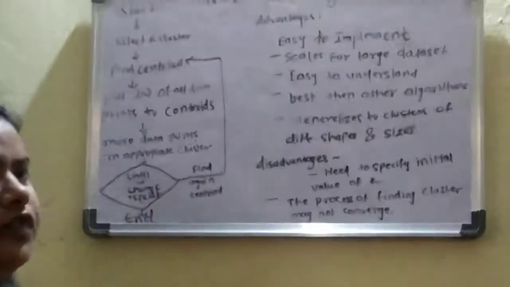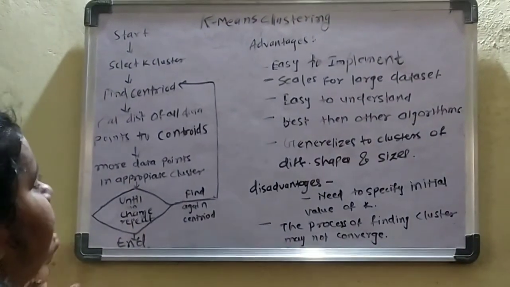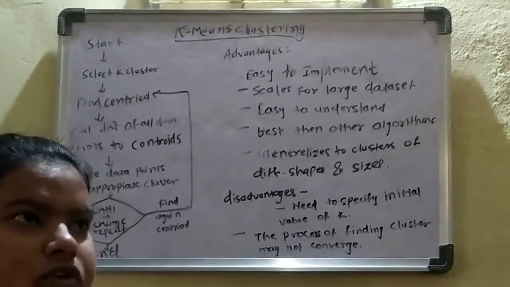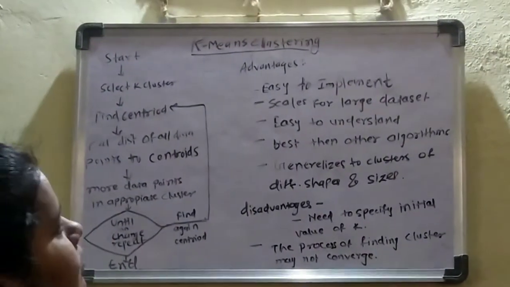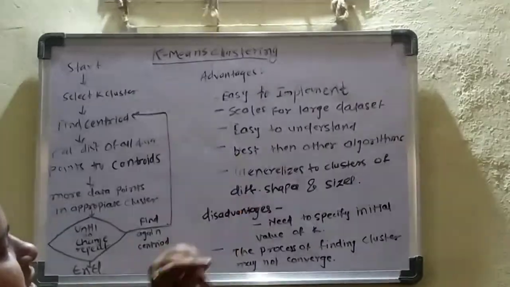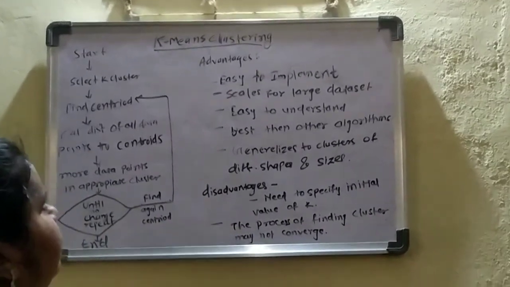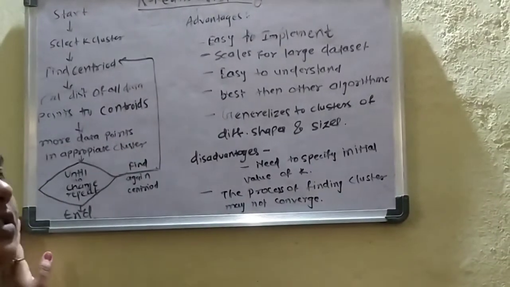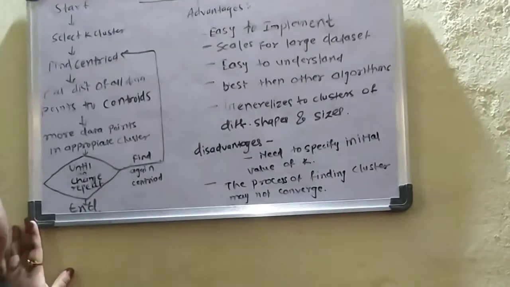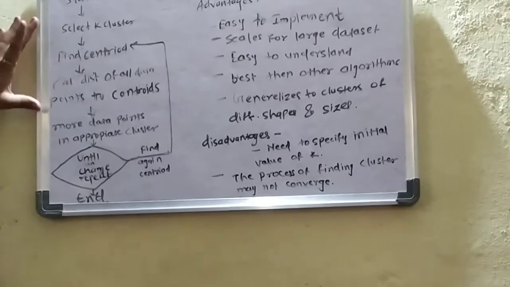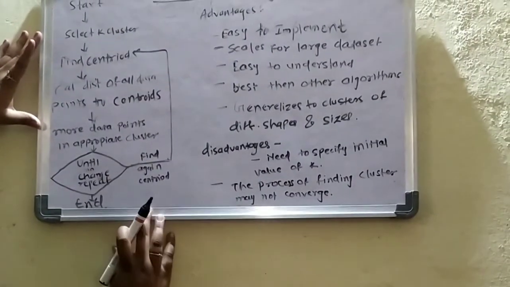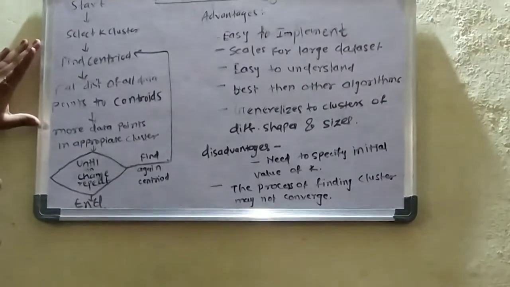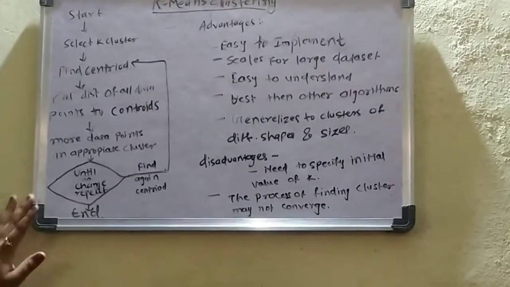In today's video, we will be seeing one of the clustering algorithms, that is the K-means clustering algorithm. In the previous video, we showed what is meant by clustering. The link to that video will be in the description, you can go through it. In today's video, we will be seeing in brief the K-means clustering algorithm. K-means is a widely used clustering algorithm in machine learning. First we will see the flowchart of how K-means clustering works, and then we'll see the advantages and disadvantages of K-means clustering. So we'll start with the flowchart.